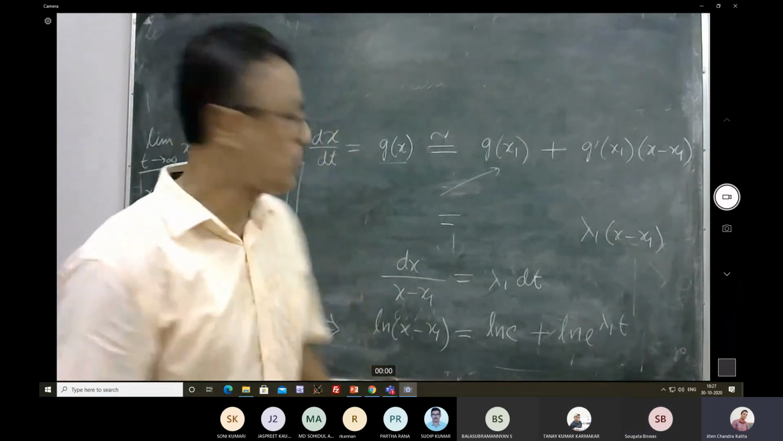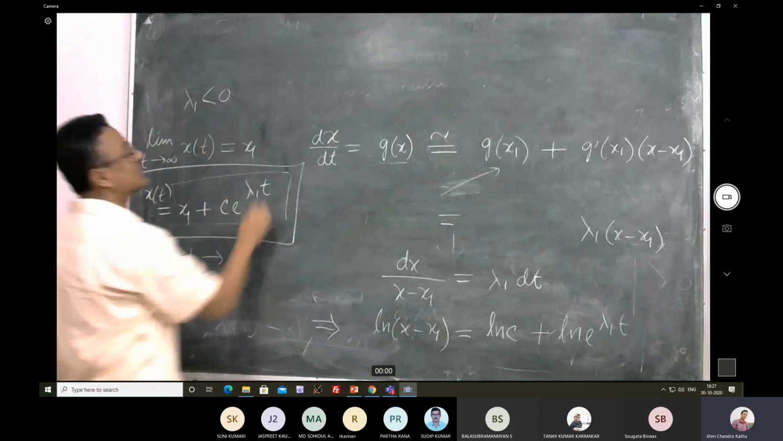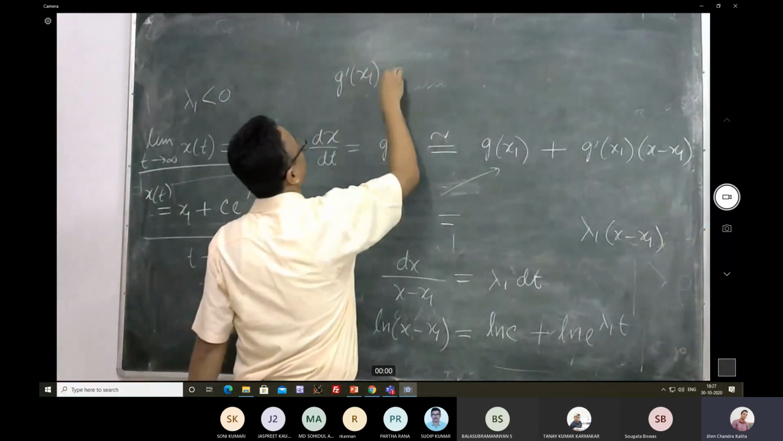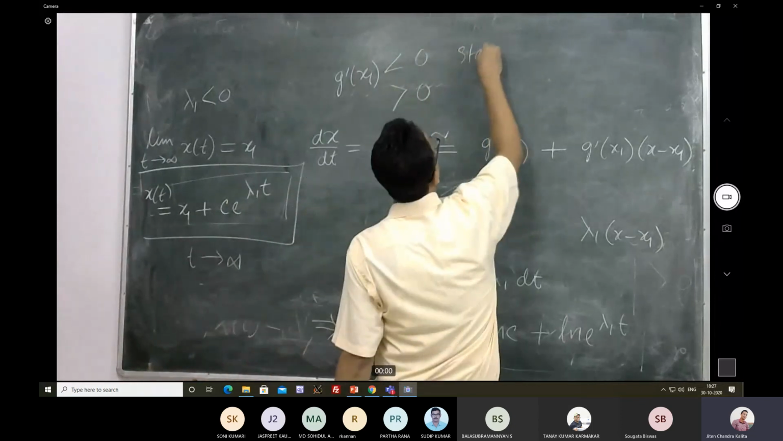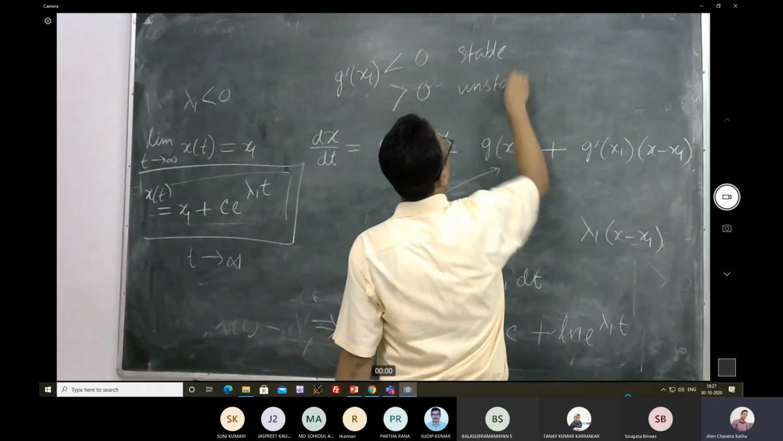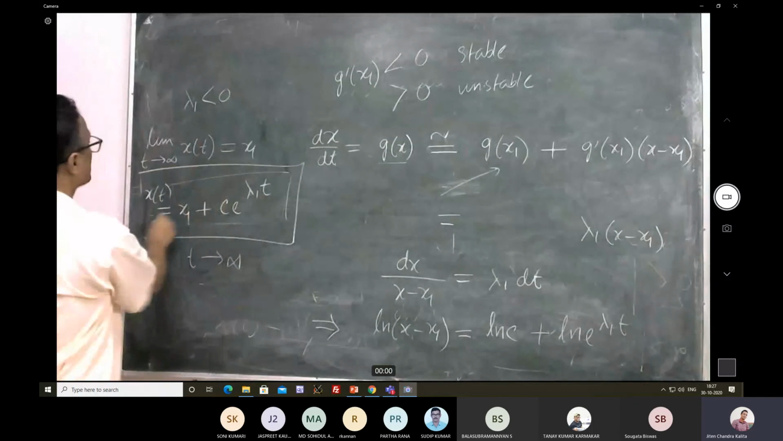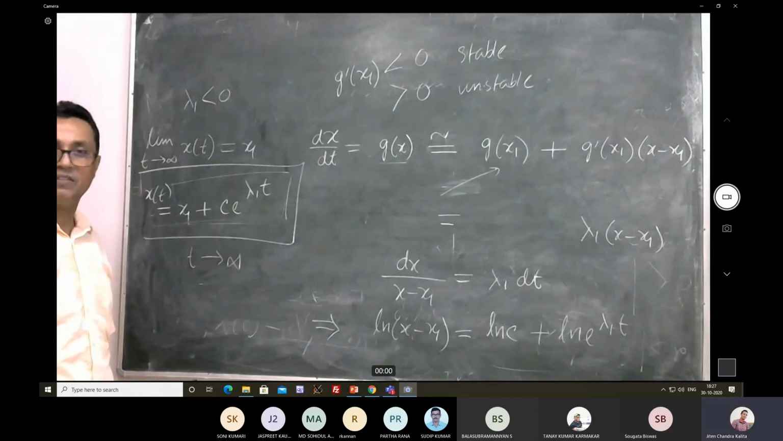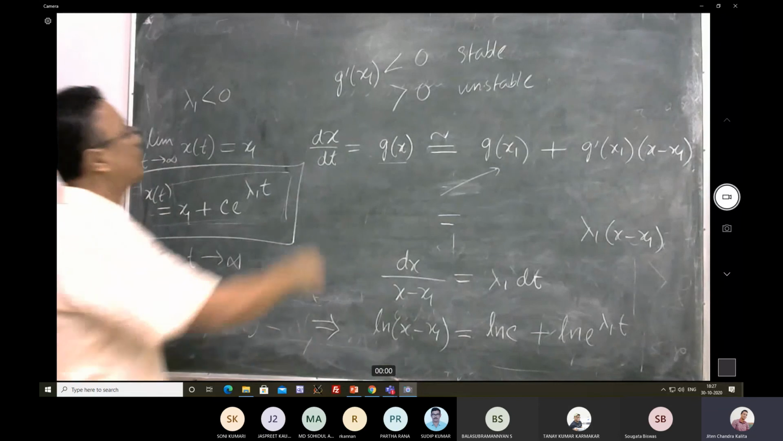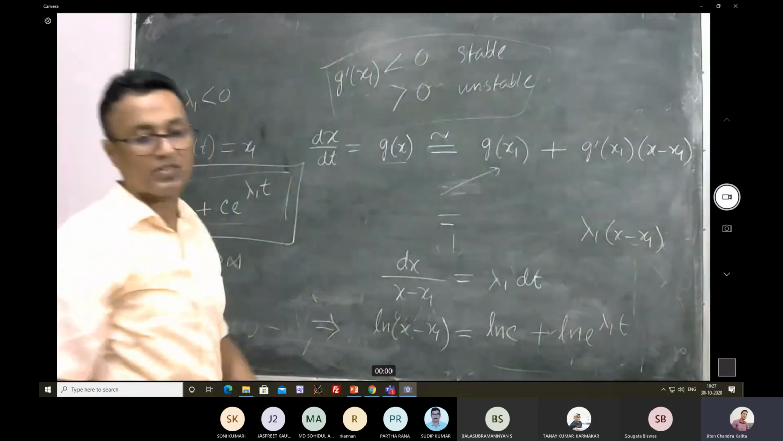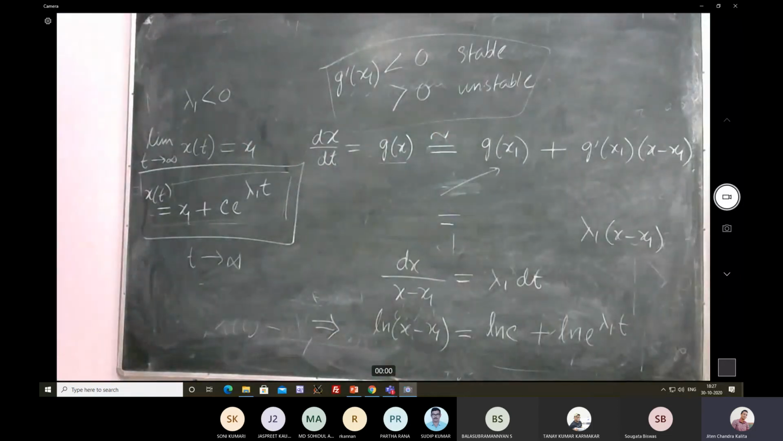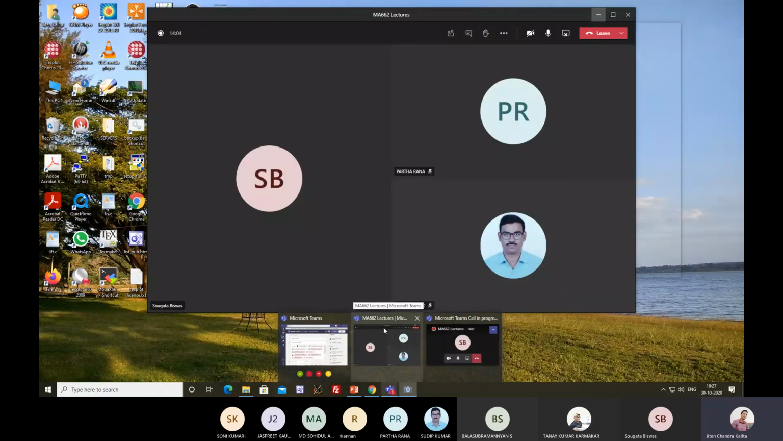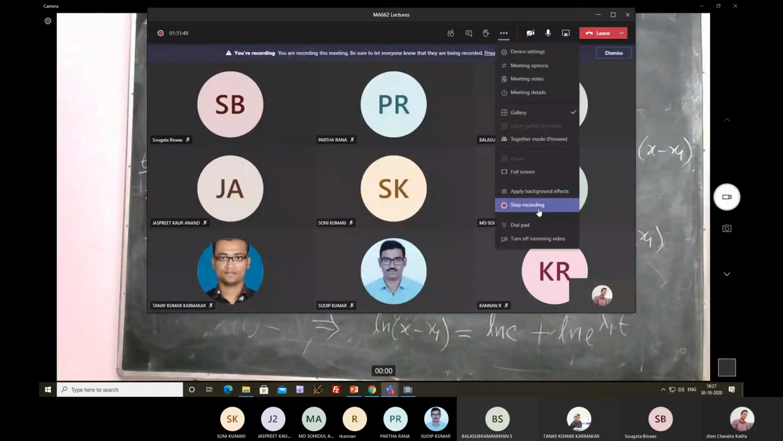Fine. So we are going to use this idea. Basically, g prime of x1 less than 0 or greater than 0 gives you stable or unstable. Obviously, if this is greater than 0, it is going to be unstable. This is going to definitely move away from x1. Okay? So we are going to use this concept for planar autonomous systems. With that note, I'm going to end today's class. So I will see